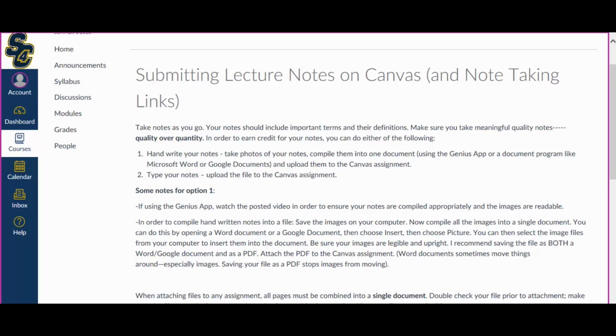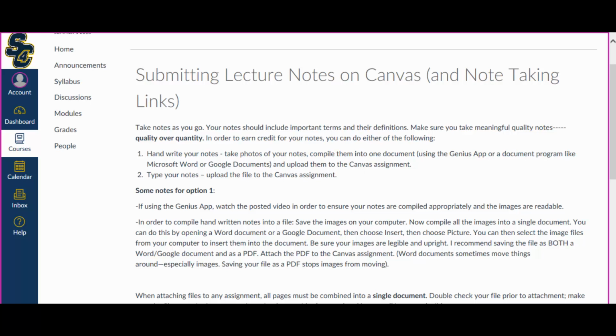It's very, very simple. Don't think that it's complex. I just want you to watch the tutorial so you know how to do it, so you can submit things correctly at the very beginning of the class and continue. So you can then take photos of your notes. You can use your smartphone. You can just have your first page of notes open, take a photo, turn the page, take another photo, turn the page, take another photo in the Genius app, and then at the end all you'll do is export